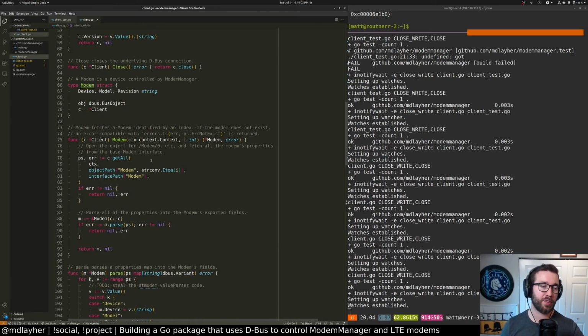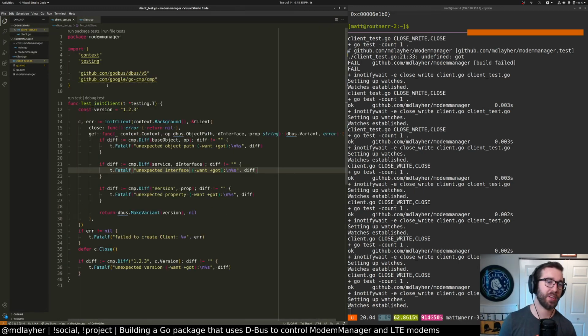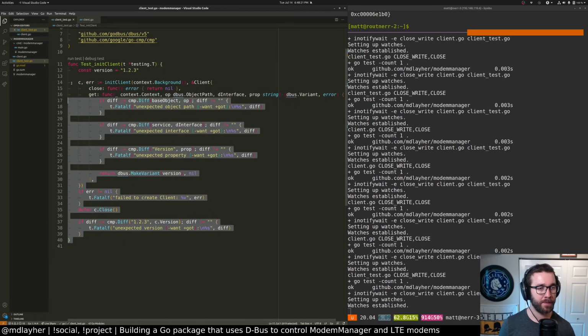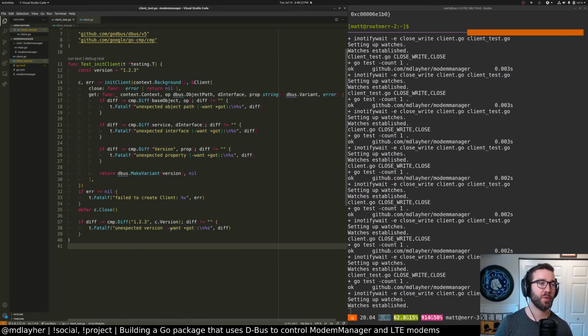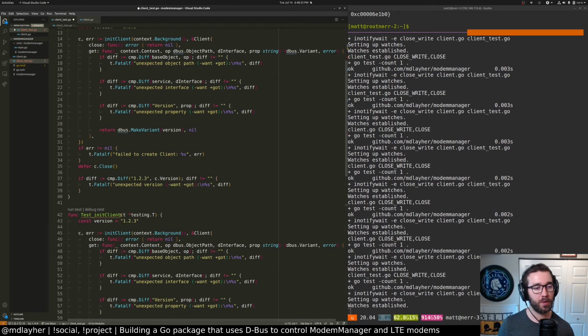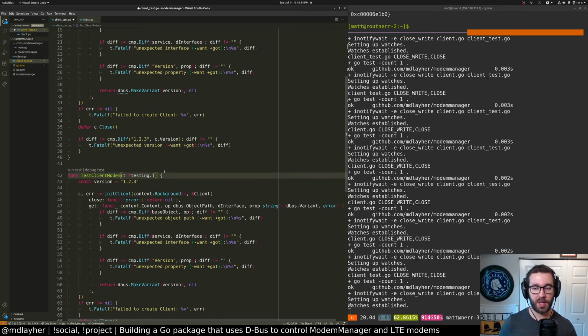How am I going to test this? So I have to intercept both the version call and the other stuff. Actually, I guess I don't have to, so test init client, that's fine. I can actually create another test which handles the different properties. So test client modem. So given a modem,